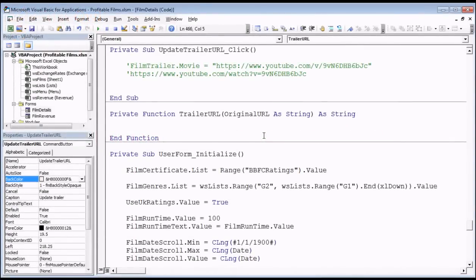Now, if we assume just for simplicity at this point that every time the user pastes something into this text box, it's going to be in this very specific format, the very simple thing that we have to do here to convert this original version into the appropriate version is to replace this little section here, watch?v=, with v/. And there's a simple replace function in VBA that we can use to do that. So our function's definition is going to be quite simple. We're going to say trailer URL equals replace,